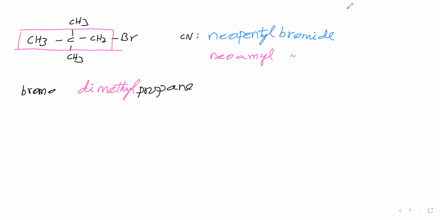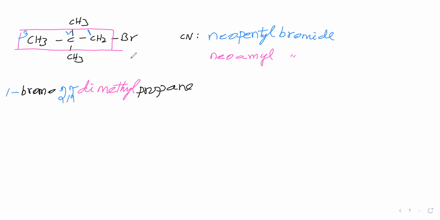Then we will give numbering in order to say the position. See that halogen has to get least position. Why? Because halogen comes alphabetically first. Therefore, here number 1, here number 2, here number 3. This halogen is attached to first carbon, therefore 1 bromo. Methyl group attached to second carbon, therefore 2, and for another methyl group 2, so 2,2-dimethyl. So the name of this compound is 1-bromo-2,2-dimethylpropane.